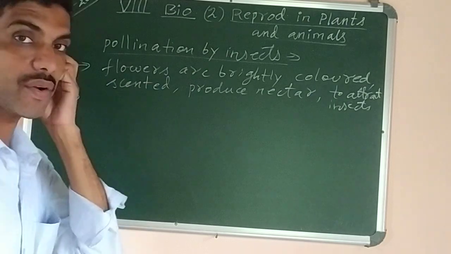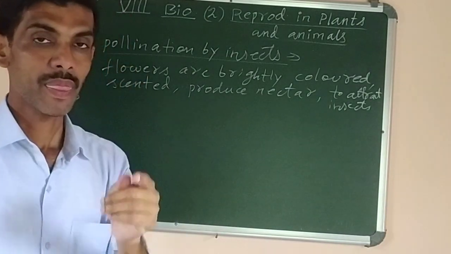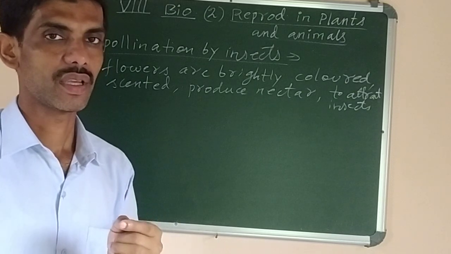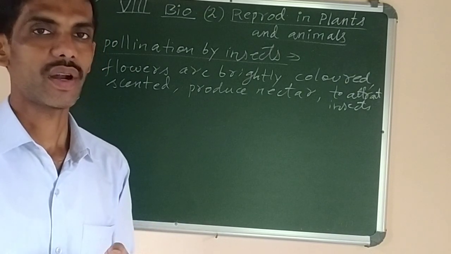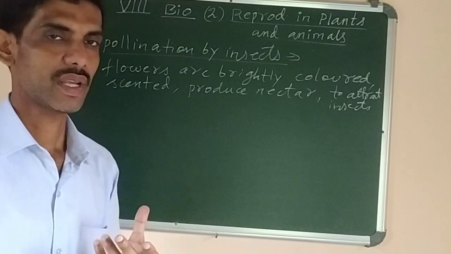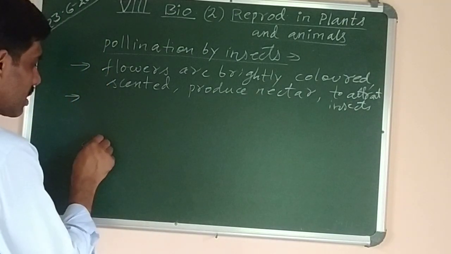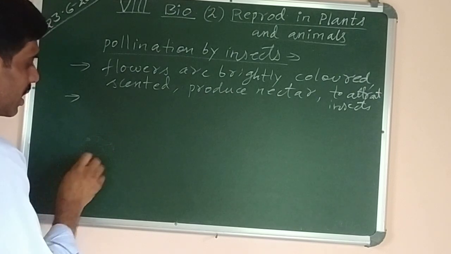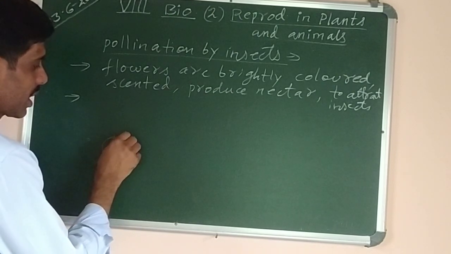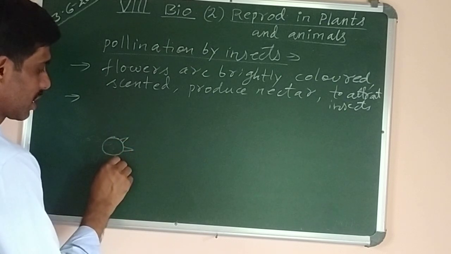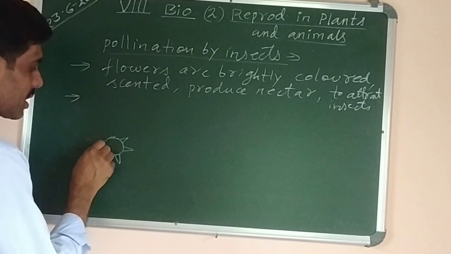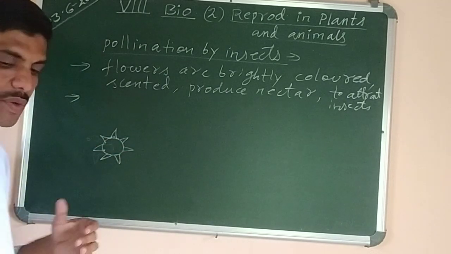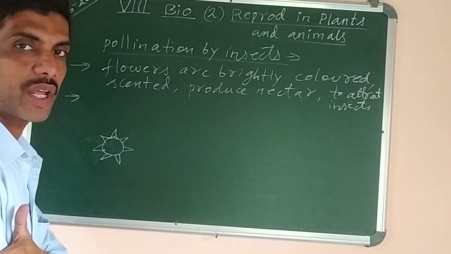Now what is the second characteristics of insect pollinated flowers? The pollens which are produced, they are sticky in nature. Why? Or they have certain rough surface. Like suppose this is the pollen grains. They have certain sticky surface like this. Okay, I will draw another pollen like this, simple one. See, if you see China rose, like this type of pollens, this spine-like surface is there, no? Rough surface is there. What is the function of this rough surface? It will help to stick to the body of insects.